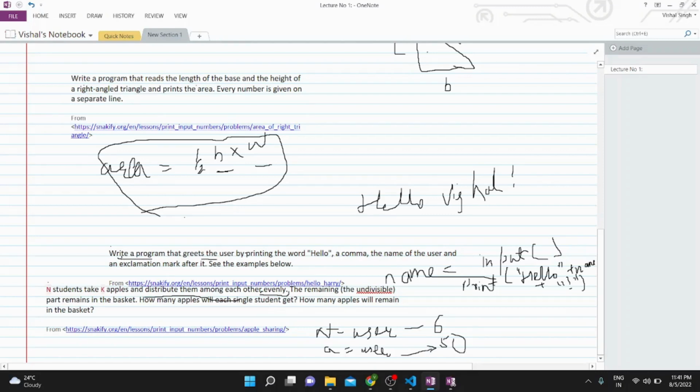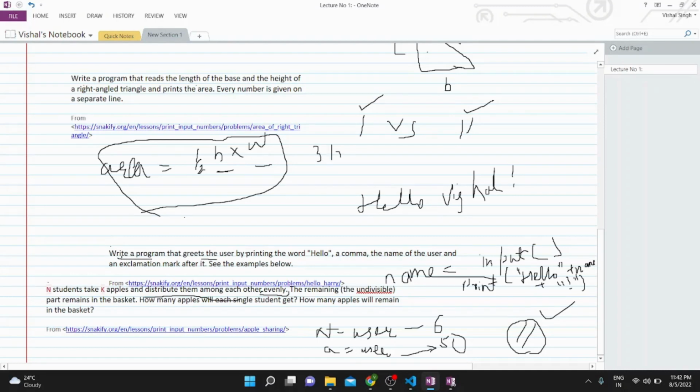So for distributing the apples evenly, we have to use the floor operator. There might be some students who get stuck on what this is. This is actually an operator in Python, called the floor operator. How is it different from the divide operator? If we compare the single slash and double slash, they are basically doing the same task, both used for dividing. So when we divide